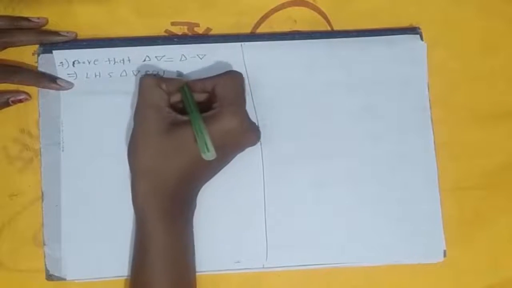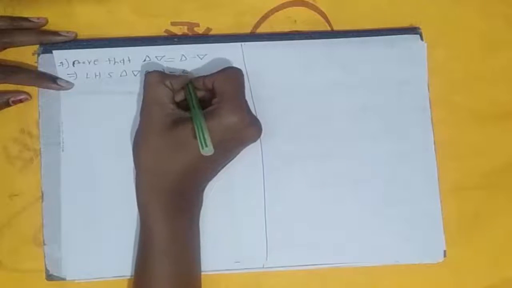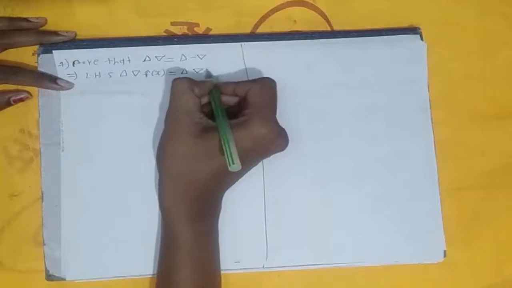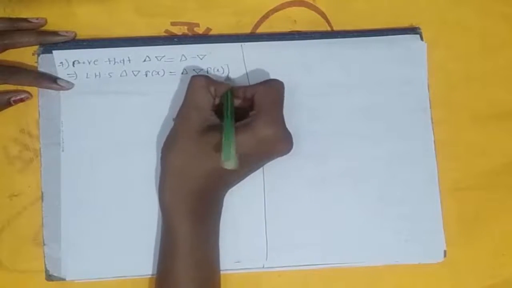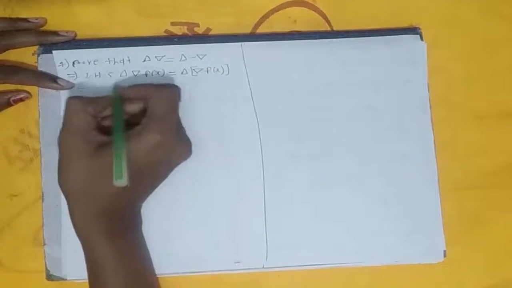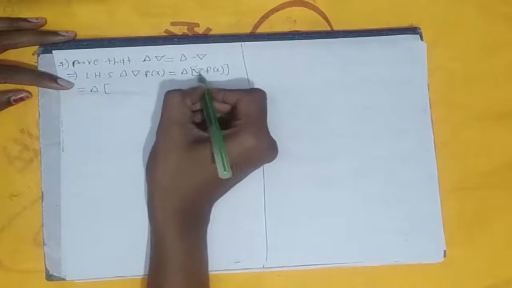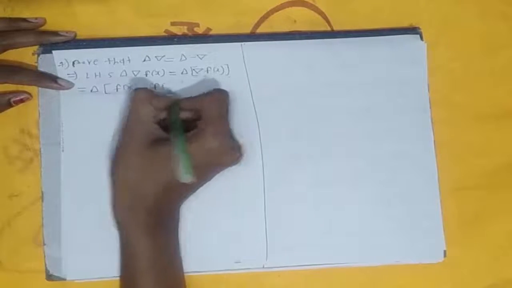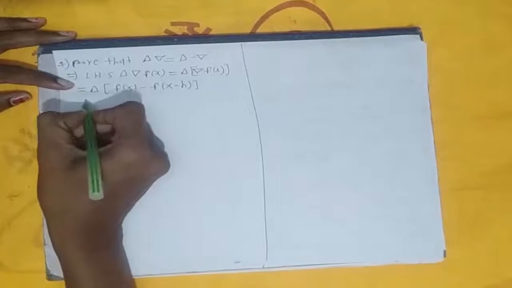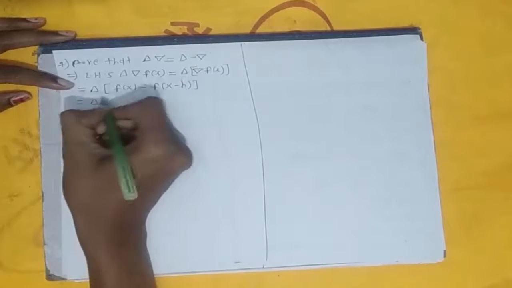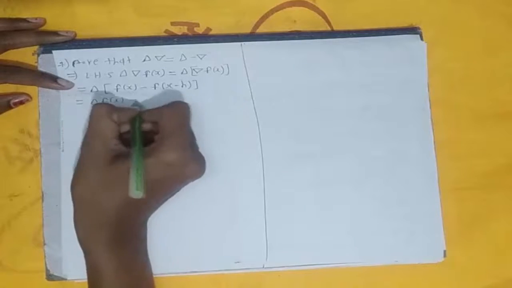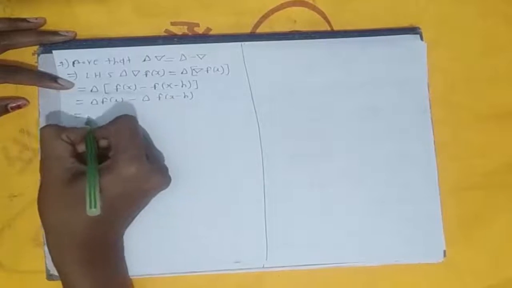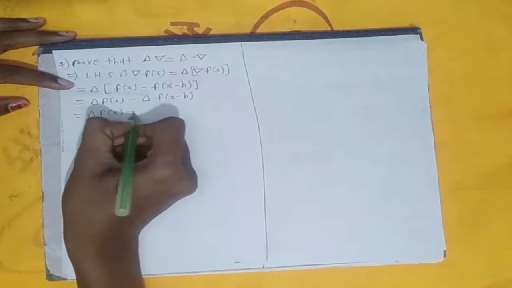If we apply the arbitrary function f of x, that is, first we apply the del operator on f of x, we get delta del f of x is equal to, delta will be as it is, then by definition of the del operator we get the difference of f of x minus f of x minus h, is equal to, then we separate delta for this, we get delta f of x minus delta f of x minus h. Okay, here we write delta f of x as it is.